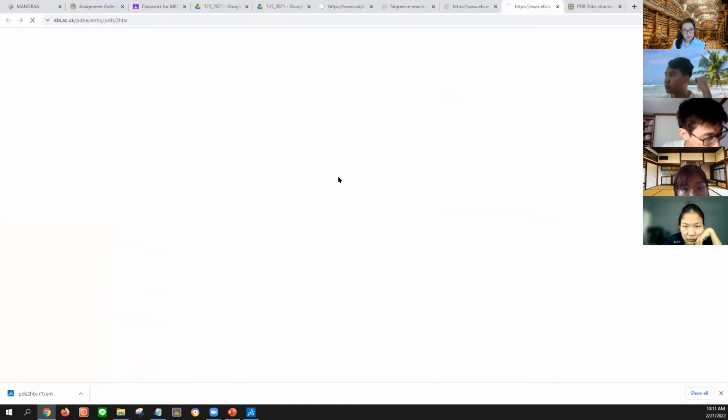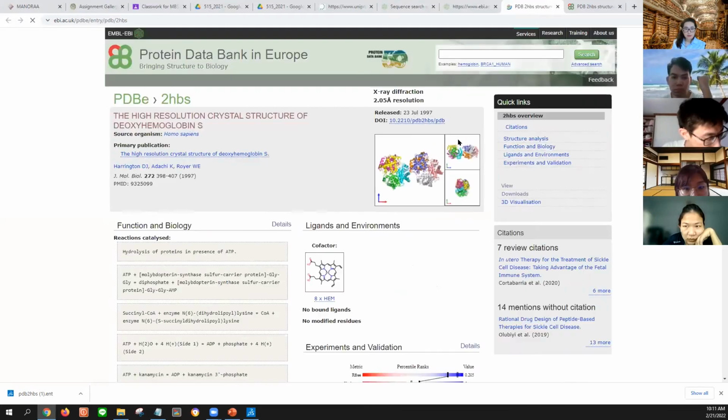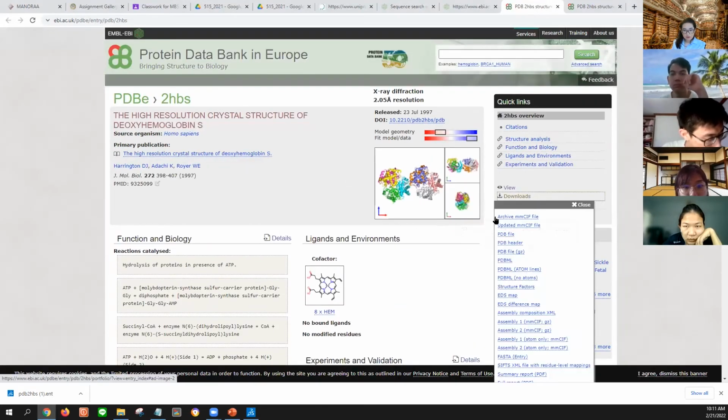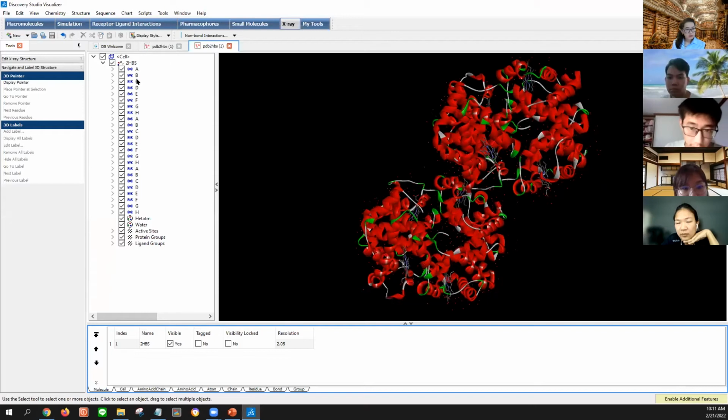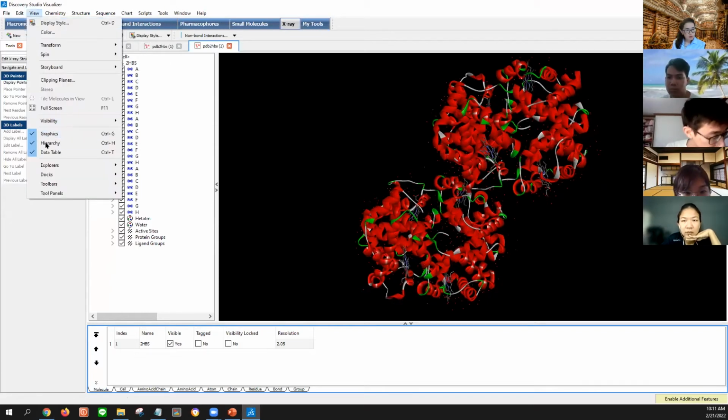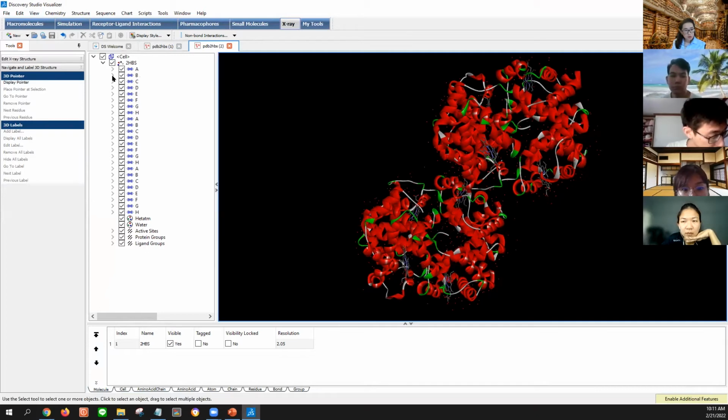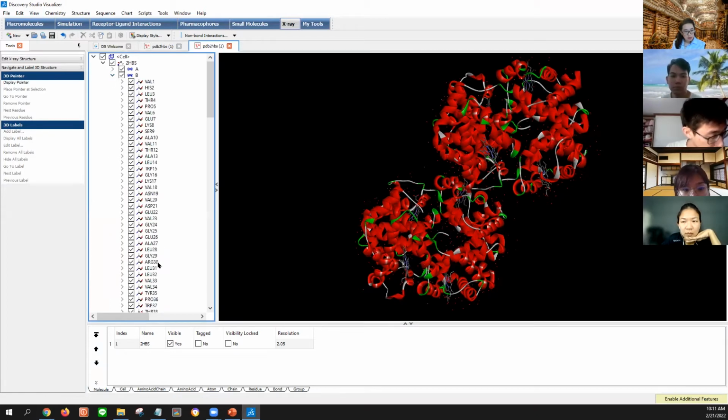When you go to PDBe, you download the PDB file and you open it. Once you open, you can see this. You click view hierarchy and then you can see this panel, and what you want is chain B number